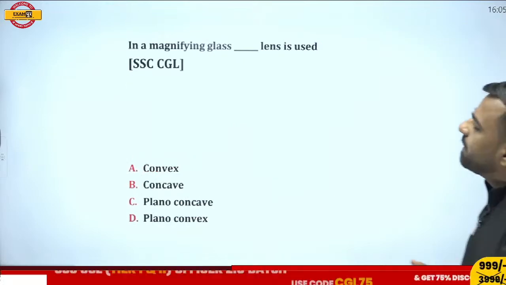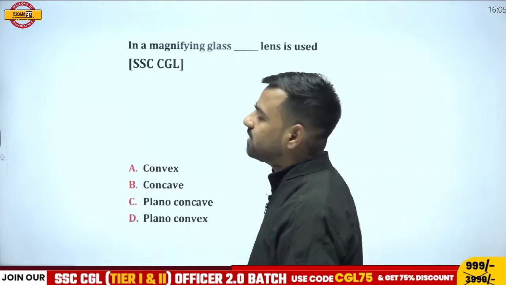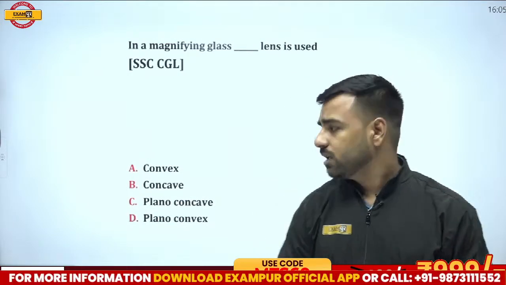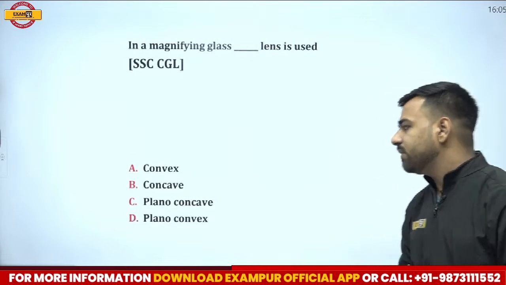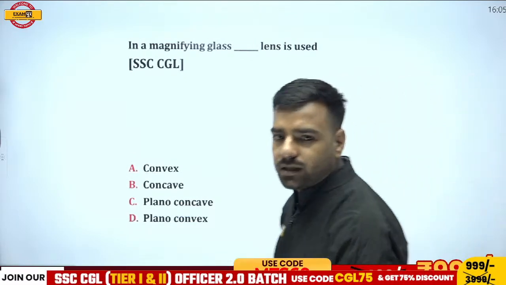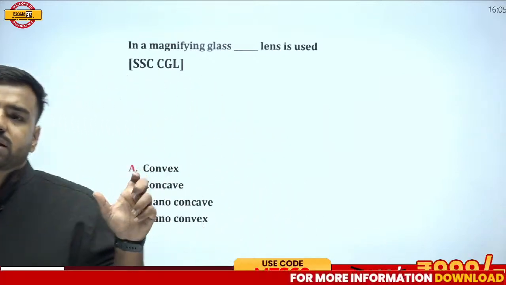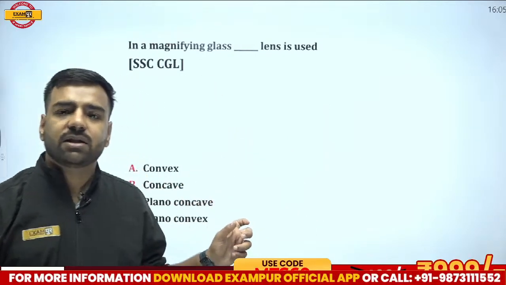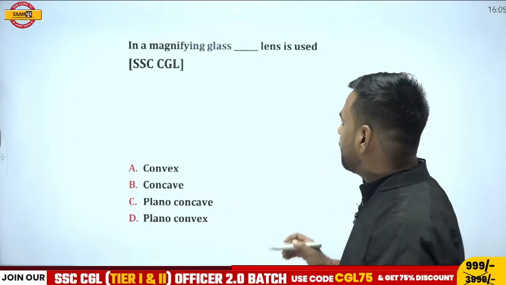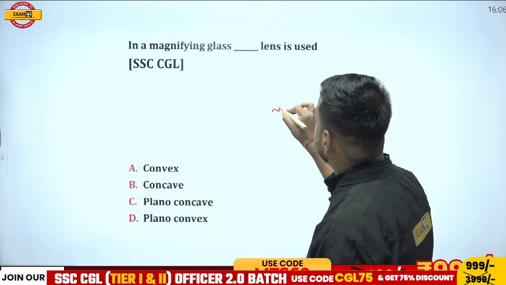Next, in a magnifying glass, dash lens is used. What do you think? Which particular lens might be used? So is it convex, is it concave, is it plano-concave, or is it plano-convex? What do you think? In the morning session, when we were discussing the questions in the CHSL examination, we had a question where I discussed, when I'm talking about the image, if I talk about the magnified image,